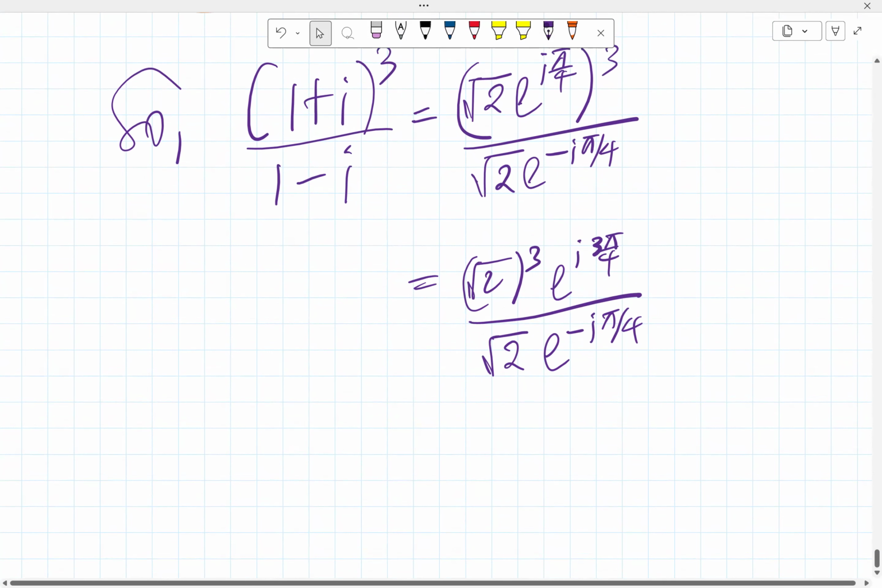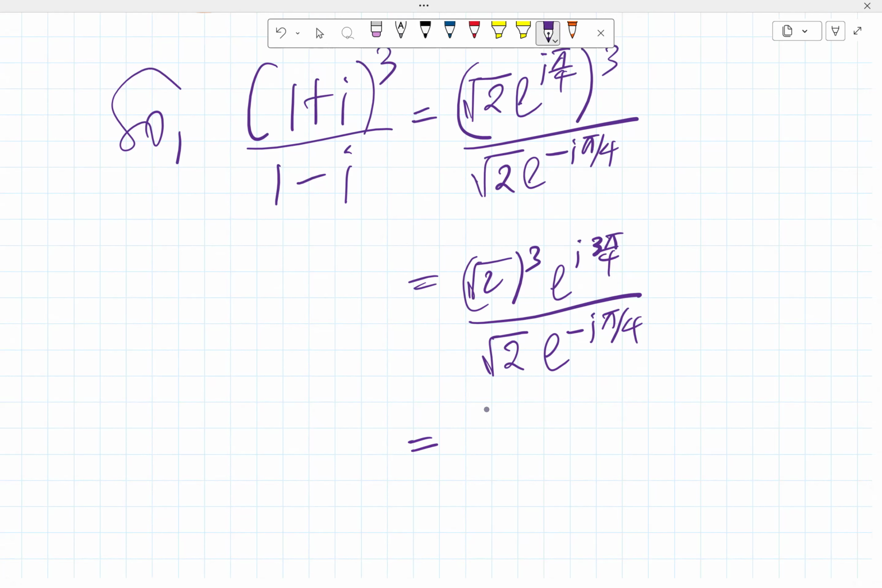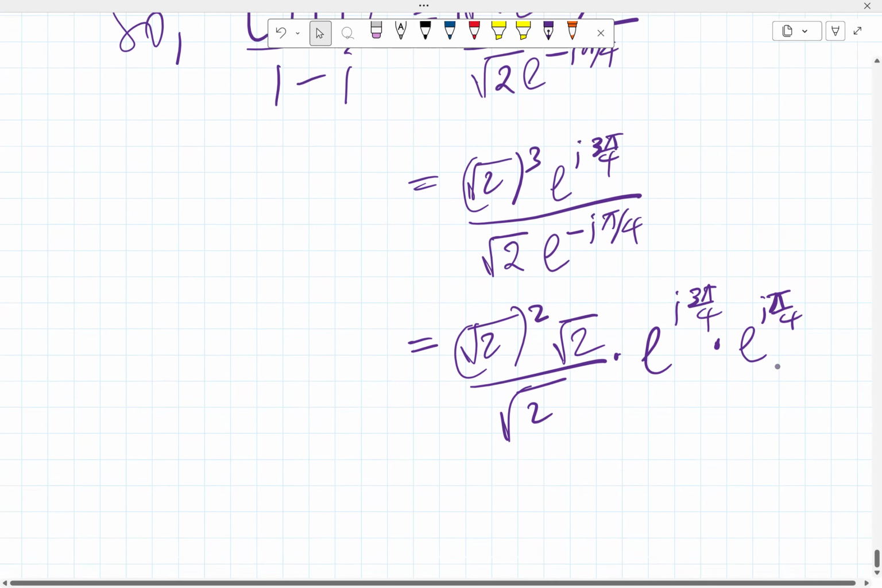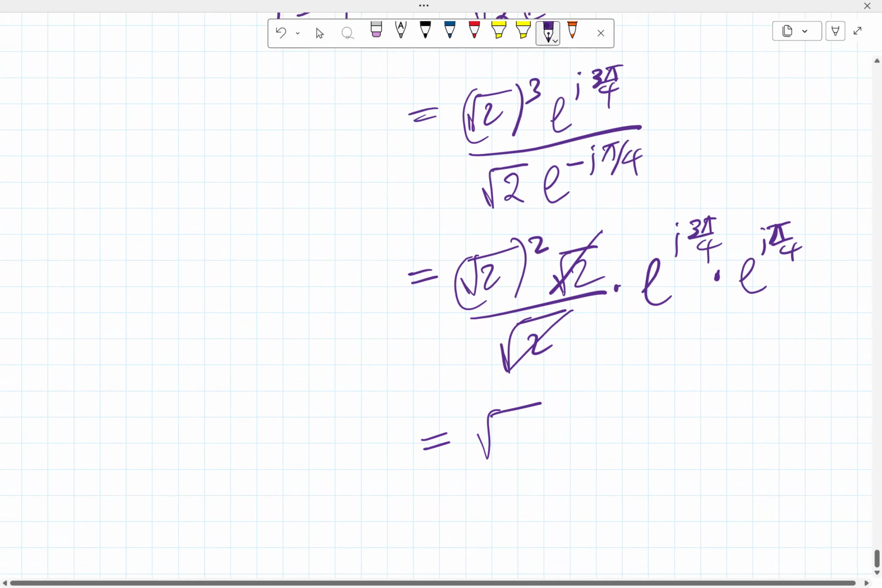It's even longer than what I did before, but it's okay. Here we have root 2 raised to the power 3, which is root 2 squared times root 2, all over root 2 on this side. Then e raised to the power i 3 pi over 4. Because the denominator exponent is minus, we can say times e raised to the power i pi over 4, because the minus is gone. So this cancels this. Root 2 squared is 2, so we then have 2 times